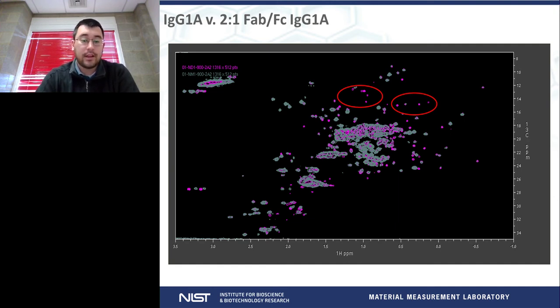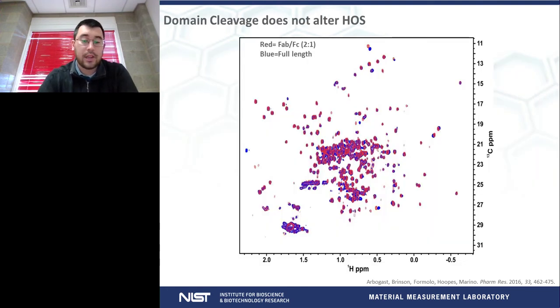The reason for that has to do with what is known as chemical shift anisotropy. So larger molecules rotate or tumble at a much slower rate. And because of that, we experience a significant amount of line broadening. So in order to compensate for that, we typically need to acquire our data for longer or take more scans of our data. This was actually illustrated a few years back in a paper produced out of our group as well,